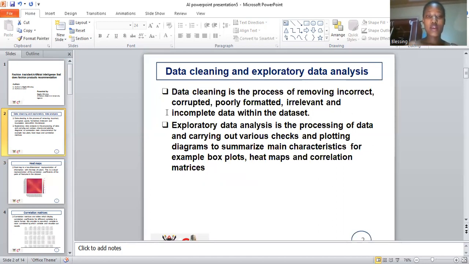Exploratory data analysis involves exploring your data by plotting, for example, graphs where necessary, histograms, like for